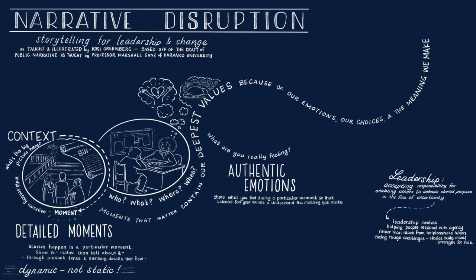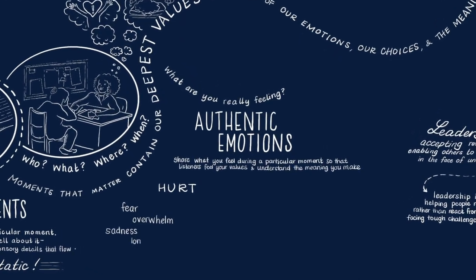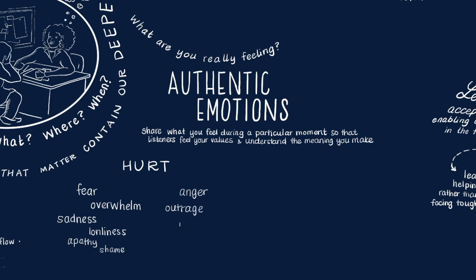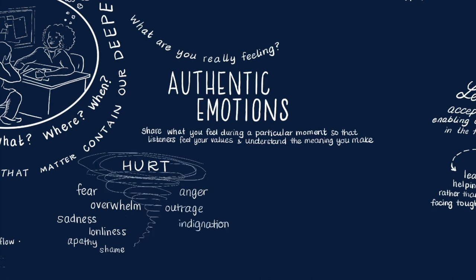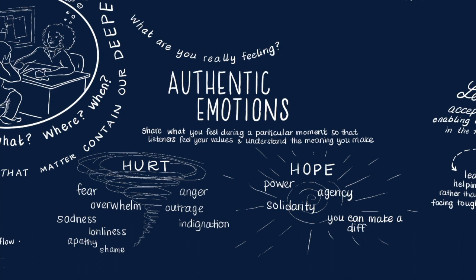Over the course of a story, we experience multiple kinds of emotions, both positive and negative. It's really helpful to a story to have moments where you experience both tough emotions, a hurt, like anger, fear, exhaustion, and overwhelm, and positive emotions, like hope, joy, power, and gratitude. Why? Well, we've all felt both, and the work of leadership is to help people move through moments of pain into a sense of resiliency and agency. If you didn't experience pain, you wouldn't think the world needed changing. But if you didn't experience hope, you wouldn't think that you could change it.